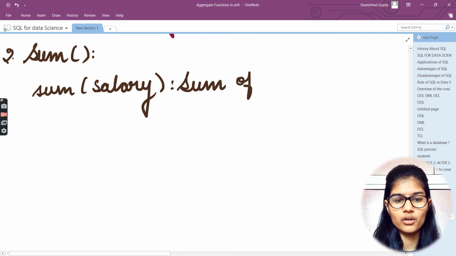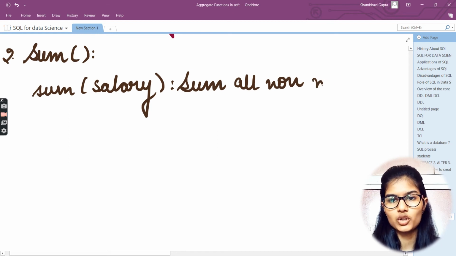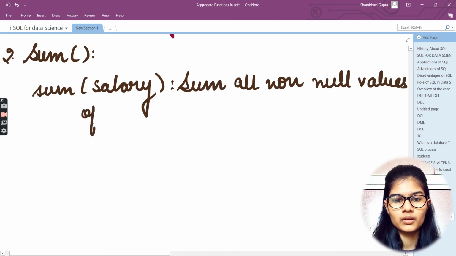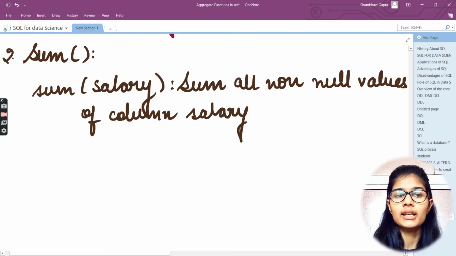So it is the sum of all non-null values of the column salary. If I write sum and into the bracket I mention any particular column name, then we get as output the sum of all non-null values of the column, and that is the salary here.